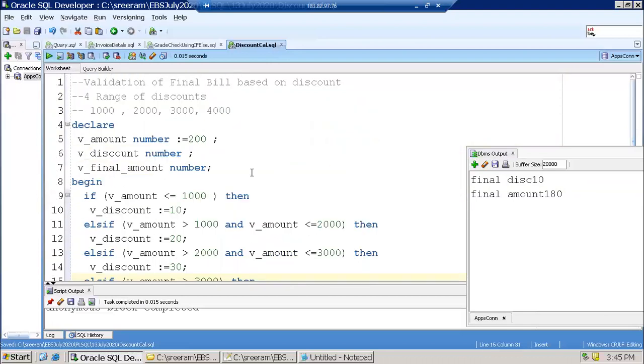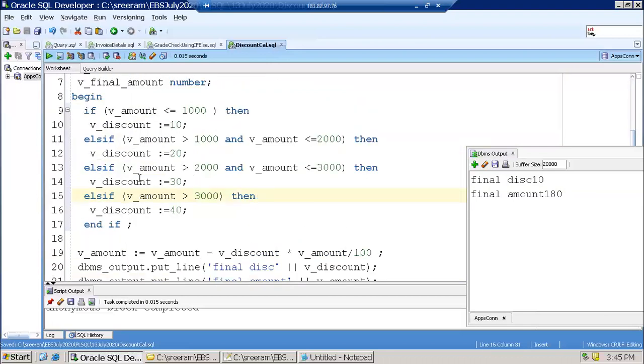So this is how we can make use of multiple IF and ELSE conditions. You can have n number of them, it can go on. Clear? The only problem generally come across is a syntax issue: IF THEN, ELSIF THEN, and END IF. You have to just make sure that you remember these syntaxes. Clear?